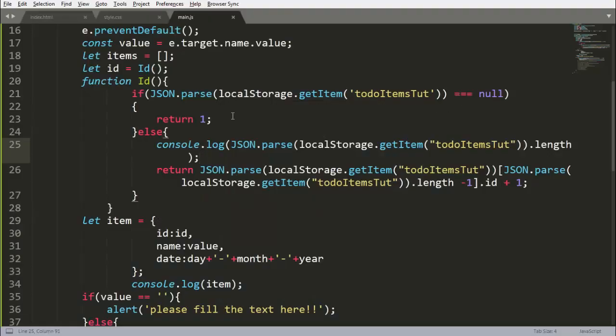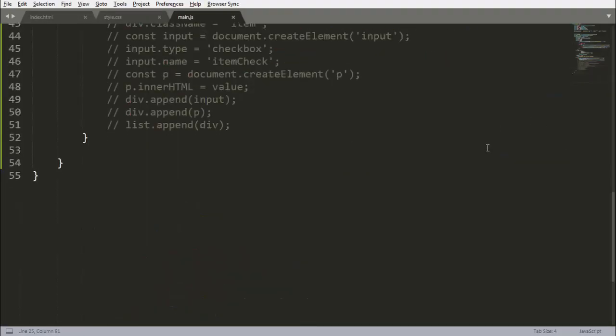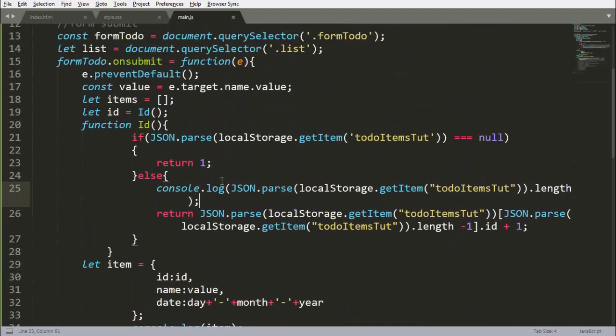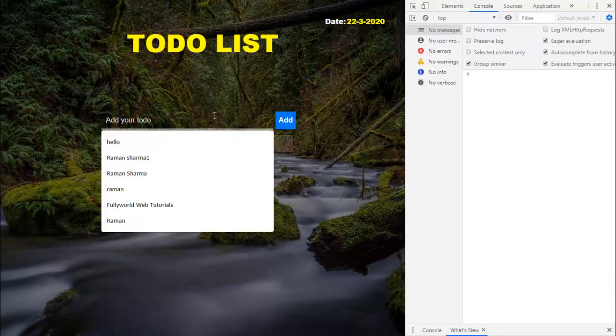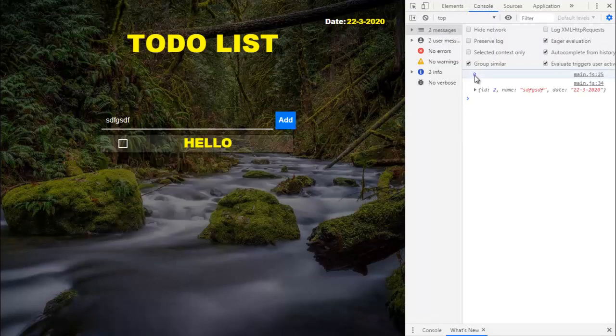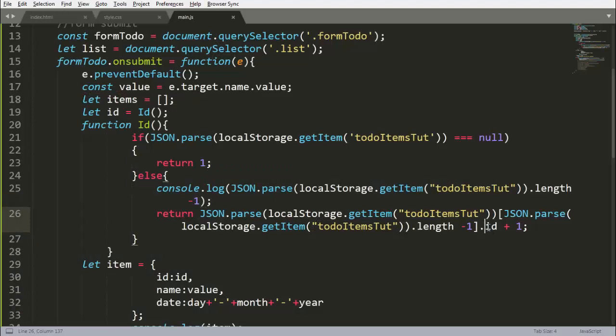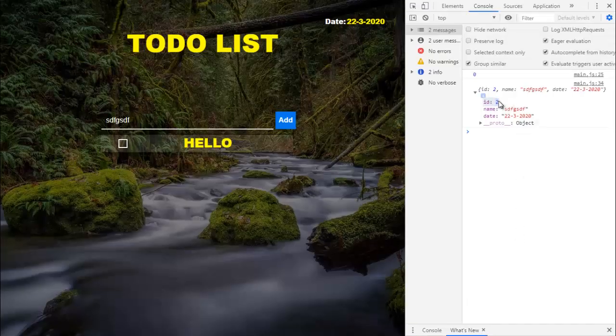That's why we are going to minus 1 from here. So when we minus 1 here, type here, see that we are getting 0. So we are getting our proper index. That's why, as it is an object, we will access id with the dot operator here. So with the dot operator we are accessing this id and we are giving the plus 1 here. So that's why we are getting id 2 as well.